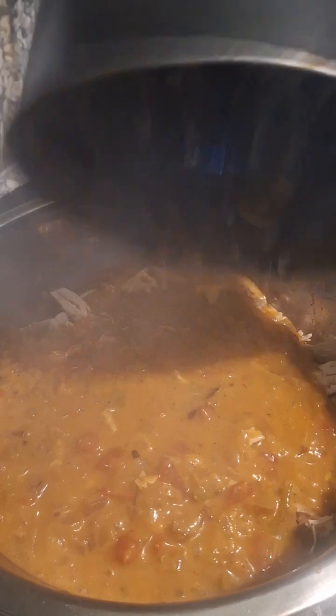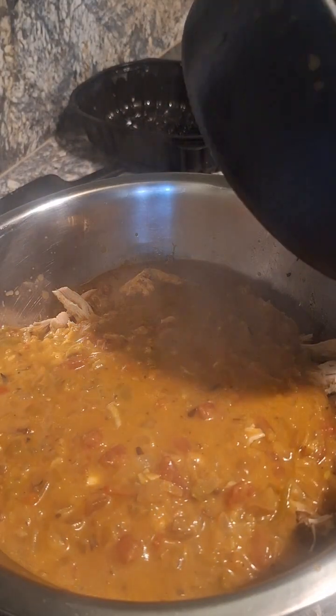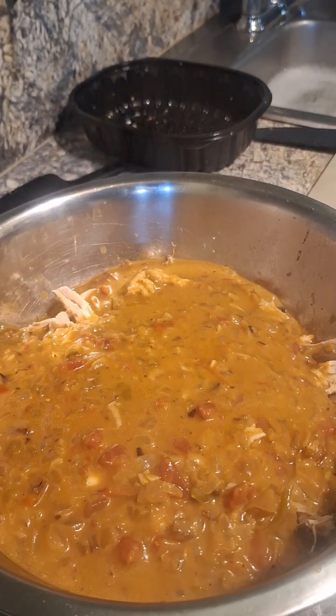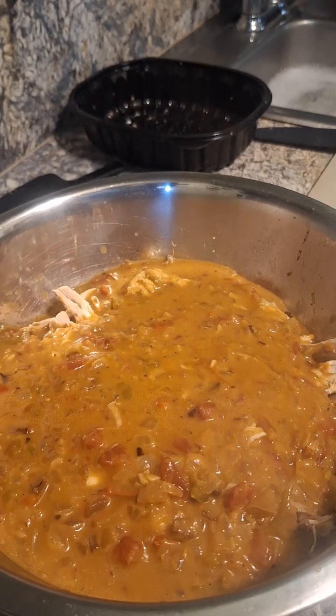So right here, even though it's still a little hot, we're going to start pouring in our sauce. Just go ahead and dump that all in there. Again, it is a bit warm, so we're going to give it just a bit to cool down. And then we just want to toss all that chicken with the sauce. Now here as well, I am also going to do a little something different from the norm. I'm going to add some